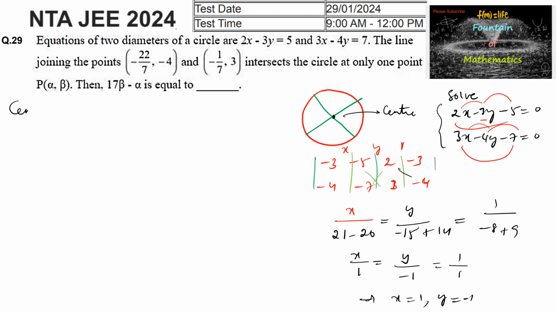Therefore the center of the circle is 1 comma minus 1. And it is also given that the line joining the 2 points intersects the circle at one and only one point, which means that it is a tangent. So tangent equation, let us find the equation of a line. Equation of line joining